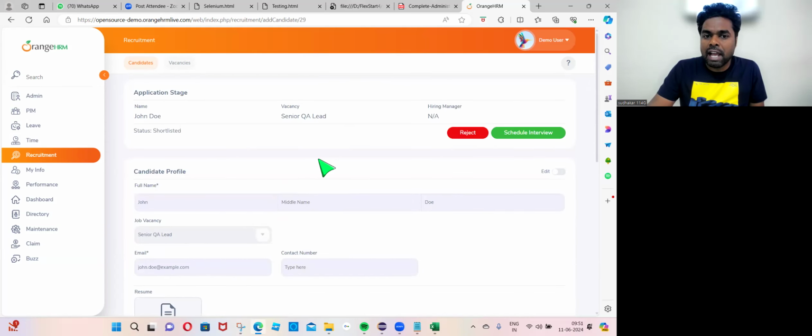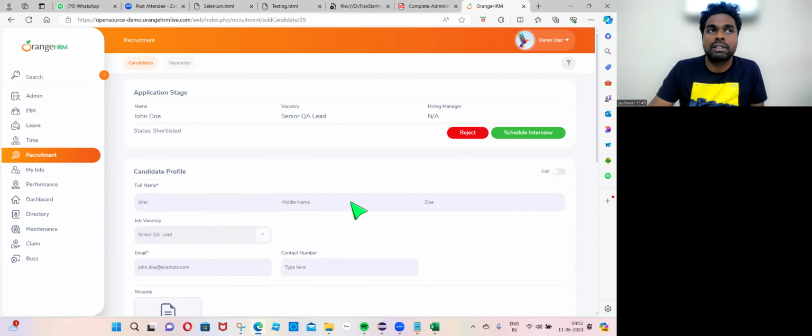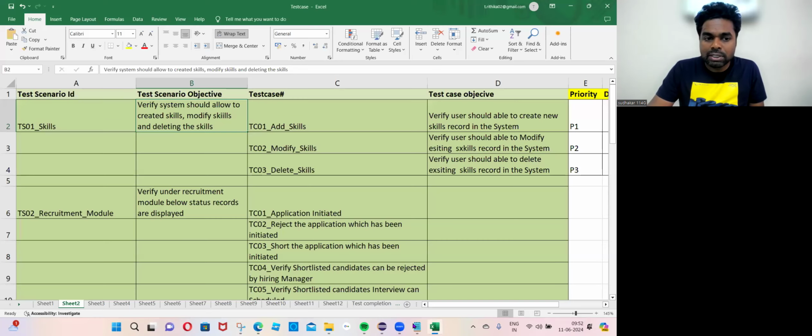Once the candidate has been created, schedule the interview. Whether he got selected or not, if the panel rejected him, they will click on the rejected button. All this functionality is defined in this documentation, in this application. The complete hiring process is there in the recruitment module. So our job is,